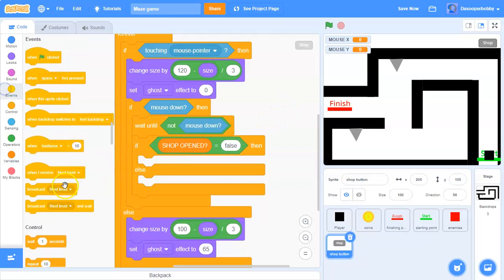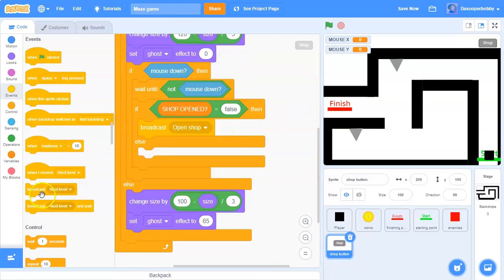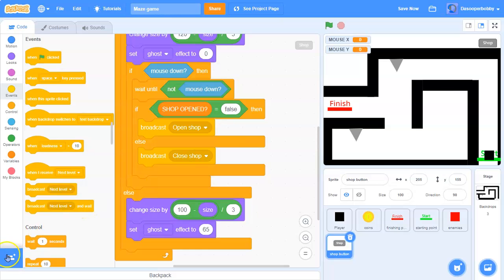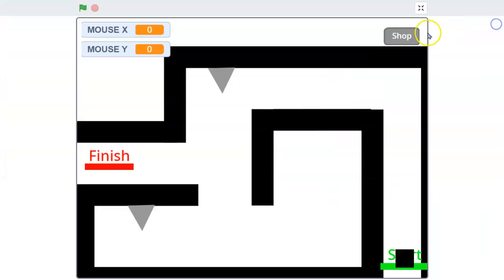Then I'm going to broadcast a new message, and I'm going to call this message open shop. And I'm going to click OK, and else I'm going to broadcast another message called close shop. Okay, so right now this doesn't change anything really by the looks of it,